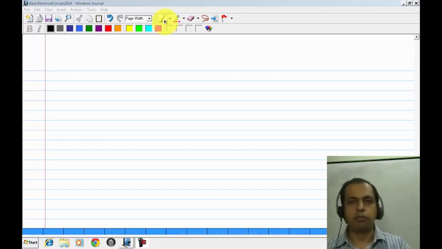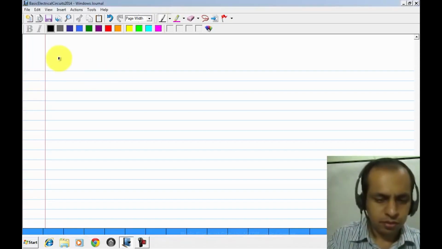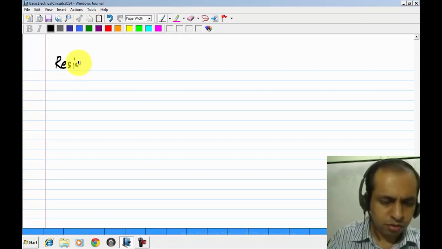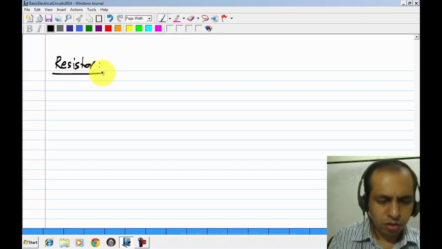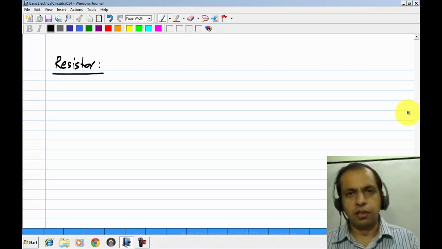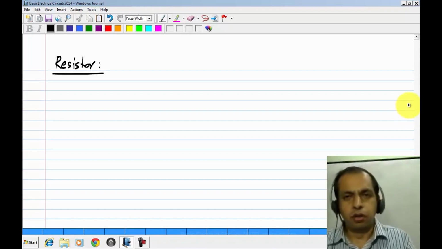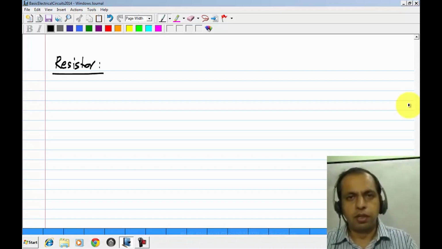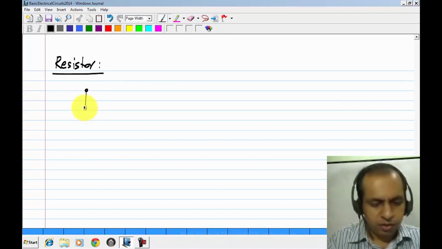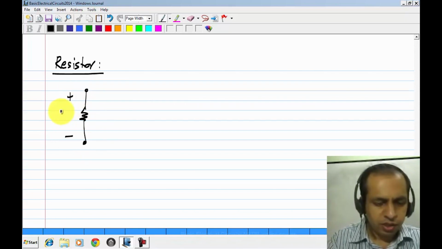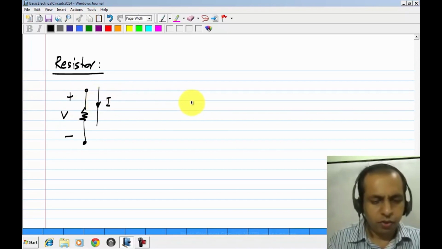The next basic element we'll be looking at is a resistor. What is a resistor? You are all almost certainly familiar with what a resistor is. It resists the flow of current. It is given by this symbol, and if you consider the voltage across it and a current I following the passive sign convention,